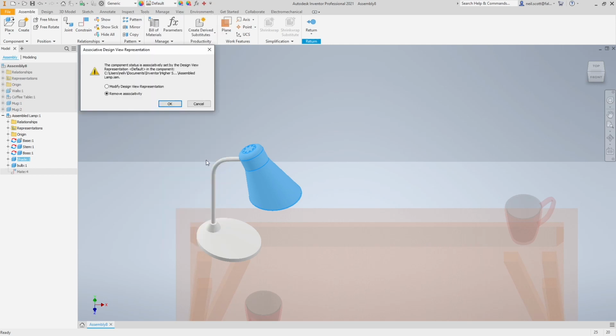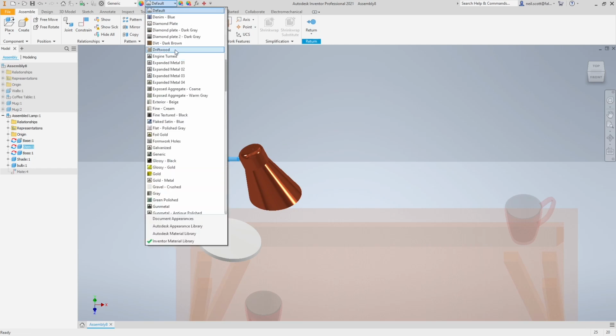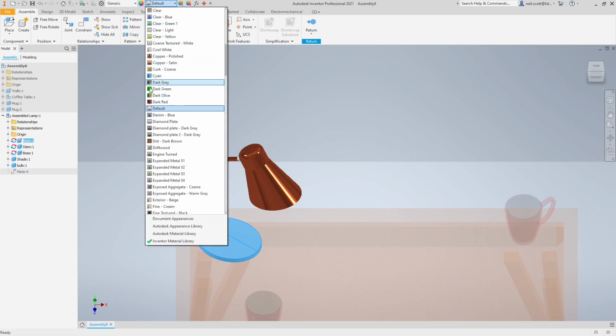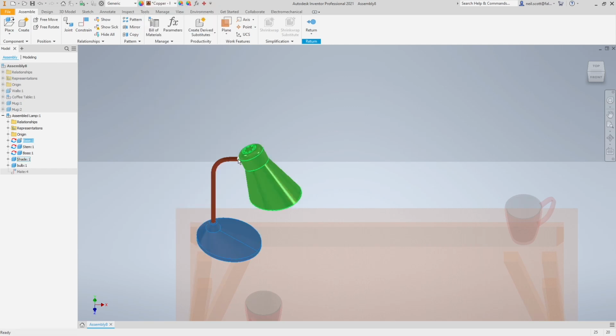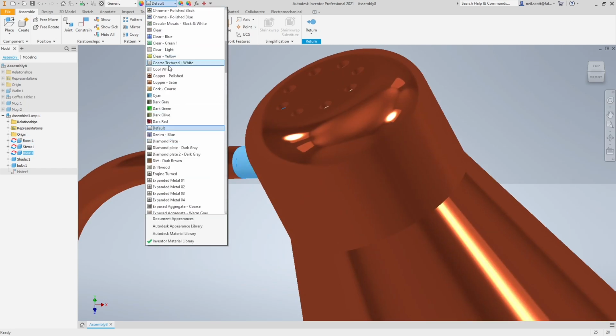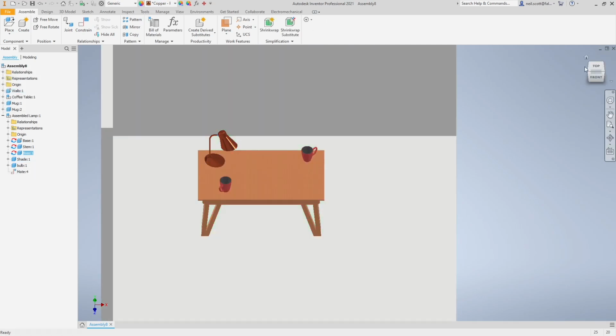Let's just go for copper polished. And just make all the component parts that material, like so. Okay,